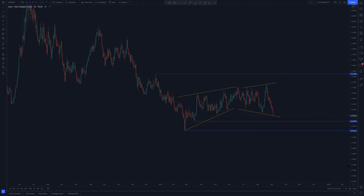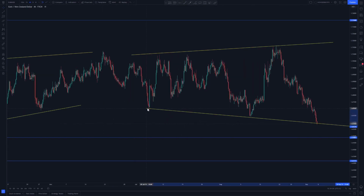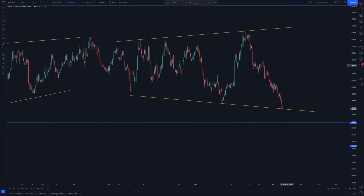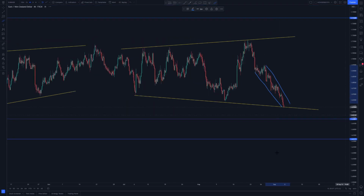So when you go to 4H here, as you can see on the 4H, that is where you can see the clear structure. Here's the structure here, and you can see this is what I outlined last week. As you can see, we're moving correctively here. You can see this move compared to this move is totally different, and you can see what happened here. We've been moving correctively and then came here and then pushed to the upside. So that is why I was saying, sorry about that. So that is why I'm saying